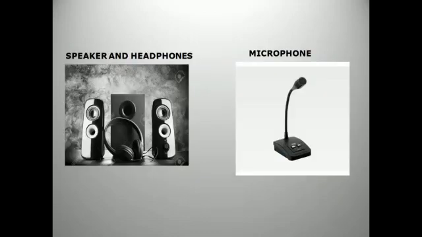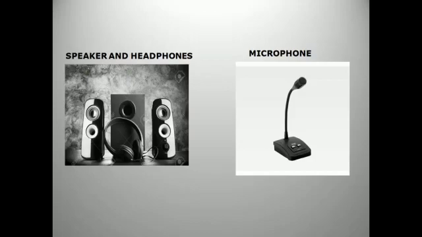Speaker and headphone. These are output devices, which means they send information from the computer. I have discussed what an output device is. It is used to produce sound. Microphone. A microphone is a type of input device, a device that receives information from the user. So this is the output device, and this is the input device. An output device sends information from the computer. Whatever the computer sends is called an output device, and a device that receives information from the user is called an input device.